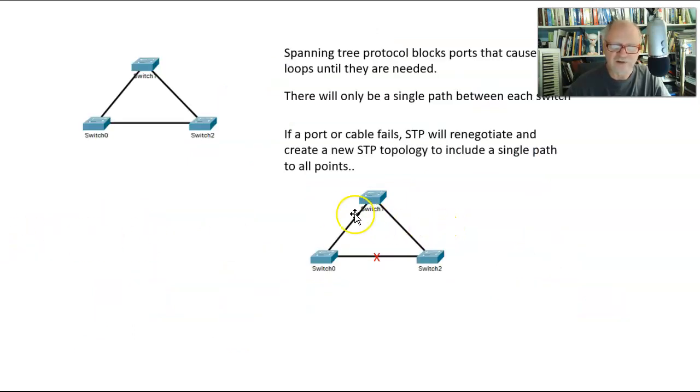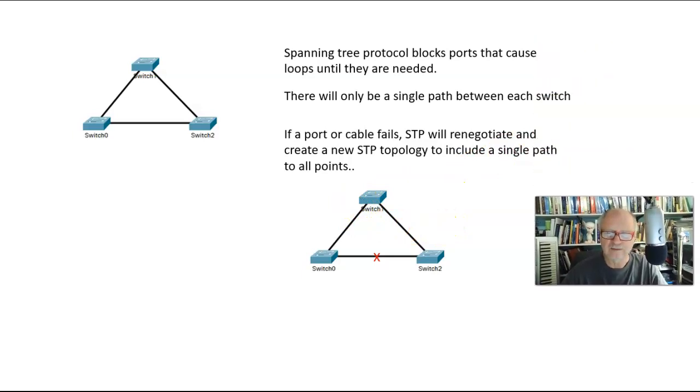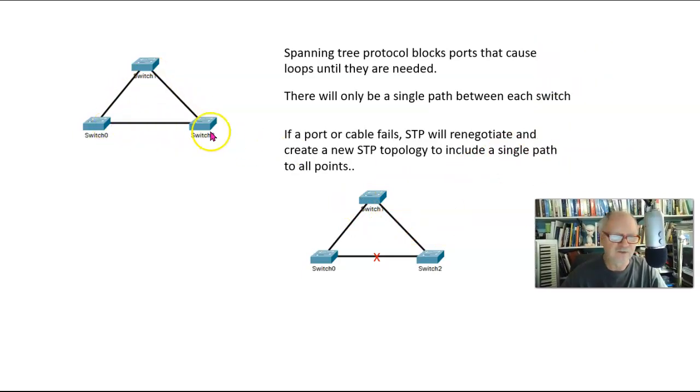Here's kind of a quick way to look at that. I've got just a very simple case here where if this switch receives something, sends it out, broadcasts it out to this switch and this switch, then it's going to go back to this switch and this switch, and it's going to go in a loop like this. Same thing in the other direction.